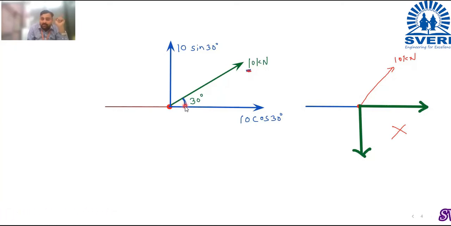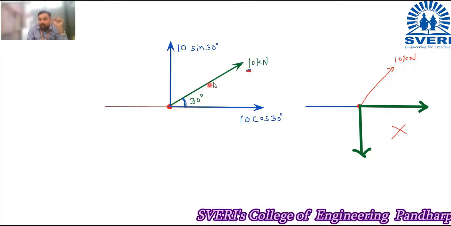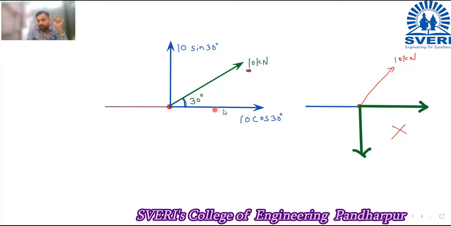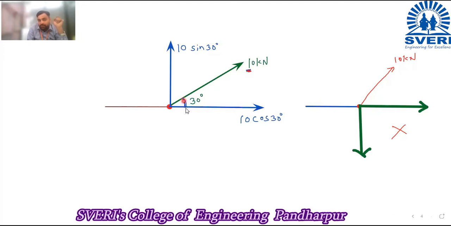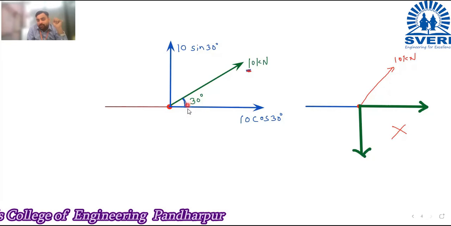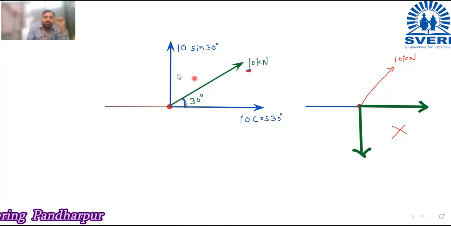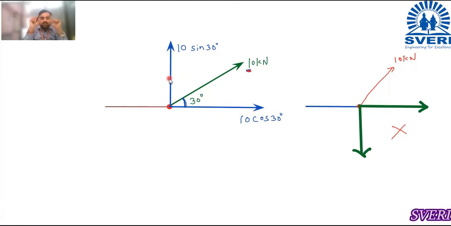This 30-degree angle, this is the angle of this 10 kilonewton force, and this angle it is subtended with the horizontal component. हा angle बघा, तुमचा हा ग्रीन फोर्स आणि ह्या हॉरिझॉन्टल कॉम्पोनंट एक्स कॉम्पोनंट ह्याच्या मधला हा अँगल आहे. मग ज्या कॉम्पोनंटच्या जवळ हा अँगल असेल त्या कॉम्पोनंटला कॉस द्यायचं आणि उरलेल्याला साइन म्हणायचं. मग ह्याची व्हॅल्यू काय झाली 10 cos 30.